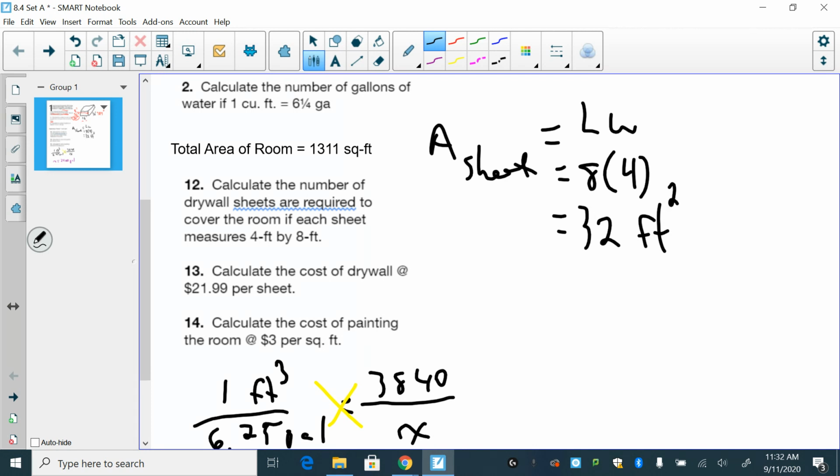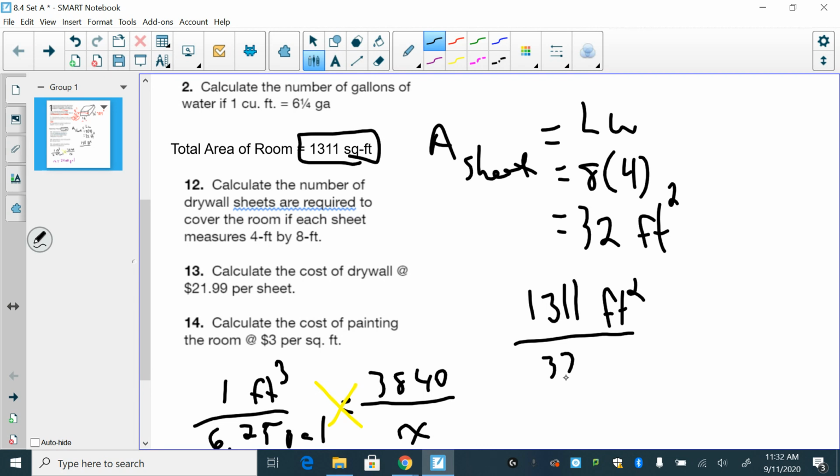And so if the room is 1311 square feet, all you have to do to find the number of sheets is take your 1311, so the area of the room, so your feet squared, and you're going to divide it by how much each sheet is. And that's why the feet squareds kind of cross off. So you have no units left. So you've got 1311 divided by 32. And so that part works out to